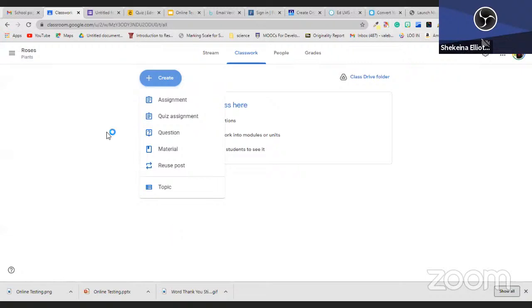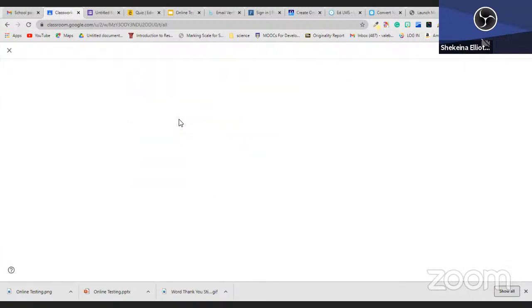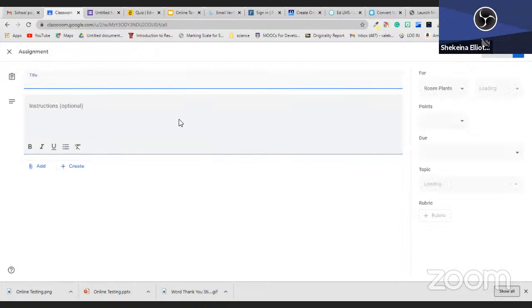We want to create... you have to know what task you are creating. And there's an opportunity for you to select what you want to do. You want to select an assignment, you want to do a quiz assignment. Always remember that the word is quiz, but it's your test. So I'm going to click on the quiz assignment, and then you will see